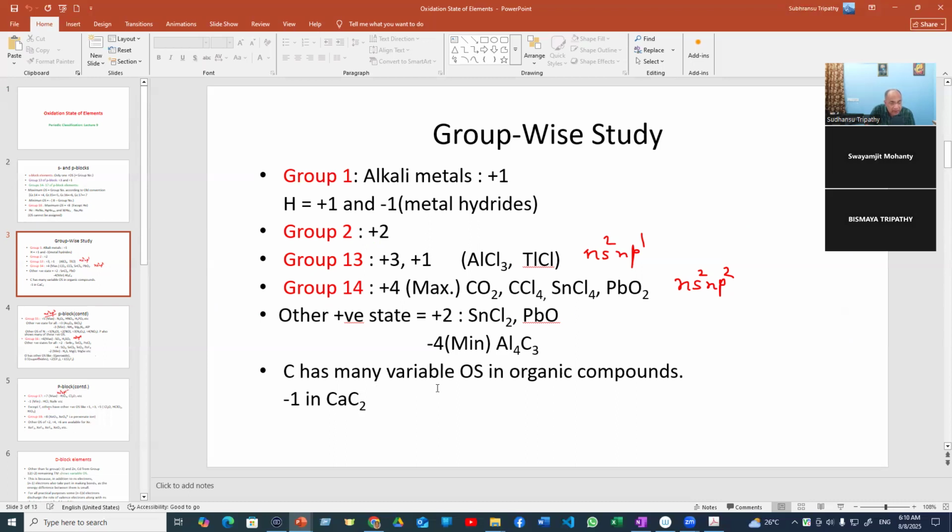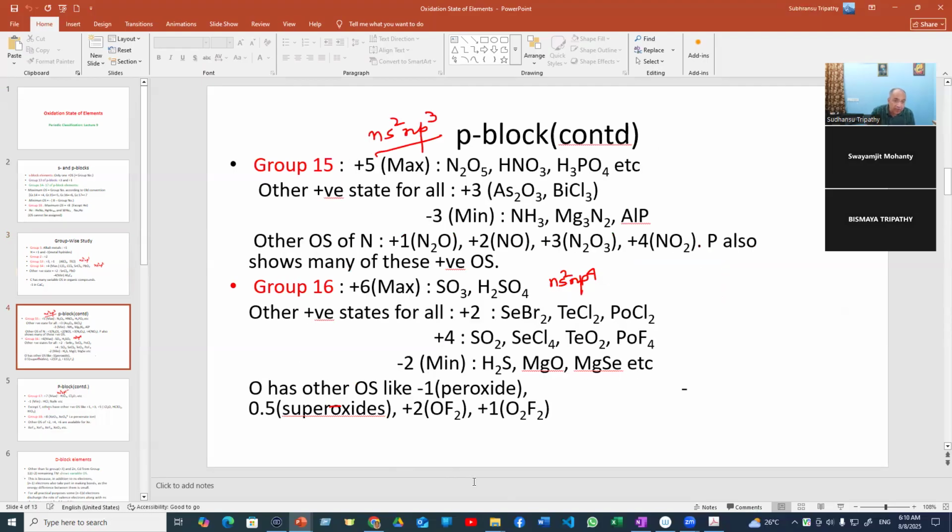Carbon has many variable oxidation states besides plus 2. It can be minus 1 also, acetylide. Oxidation state can be minus 1. Calcium, strontium, they give carbide, which is a different type of carbide, acetylide. This carbon is minus 1. We'll see that. Group 15, maximum plus 5